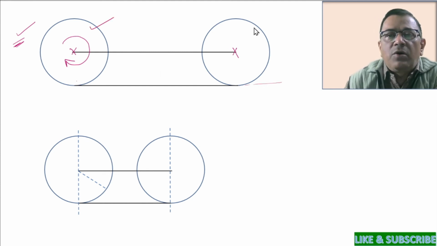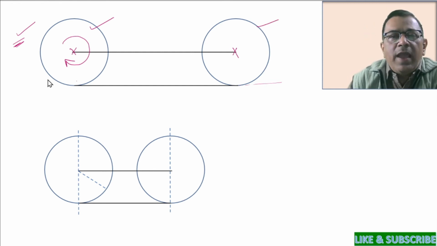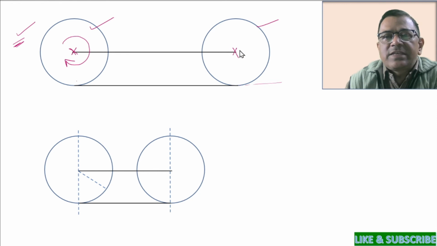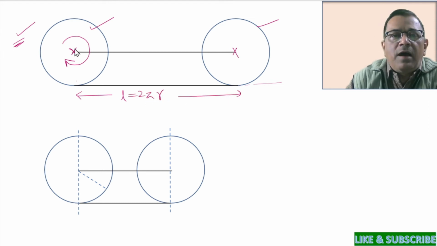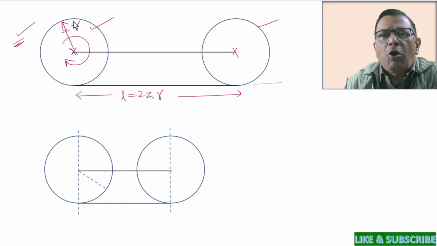this cylinder or sphere rolled on a flat surface completes one full circle about its axis, and the distance covered by the center of mass is 2 pi r, where r is the radius of the cylinder or whatever body is rolling. Is it right? So this is important. You need to be very careful.